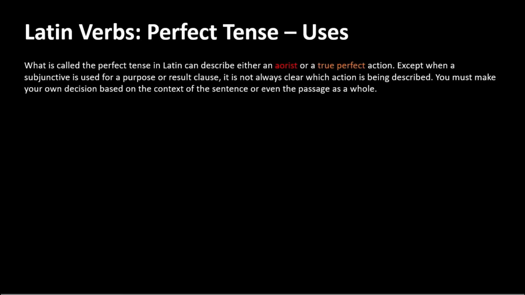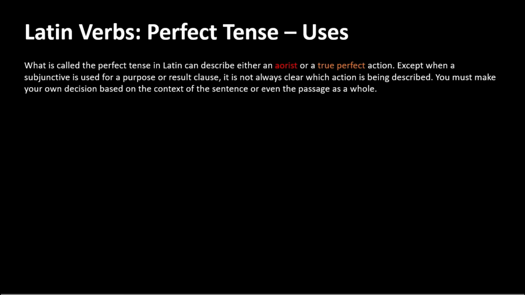Here, for your convenience, is a repeat of the relevant paragraph of the previous slide. What is called the perfect tense in Latin can describe either an aorist or a true perfect action. The form of the verb in itself doesn't tell you either way. You must make your own decision based on the context of the sentence or on the context of the passage